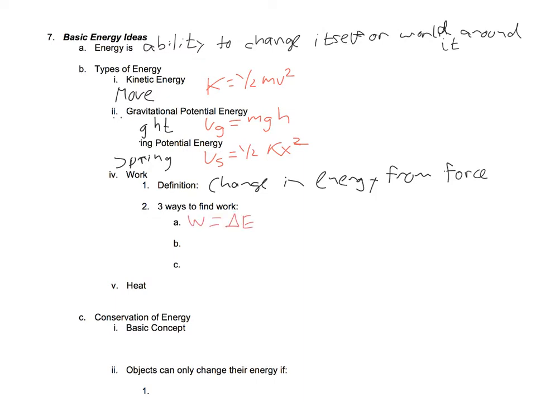We have three ways to find work. The first is that work is simply the change in energy. That's really going back to the true meaning of it. Keep in mind that a change in energy is going to be final minus initial. We also can find it based off of the force and the displacement over which that force is exerted. That's our F delta x cosine theta, and we remember that theta is the angle between the force and the